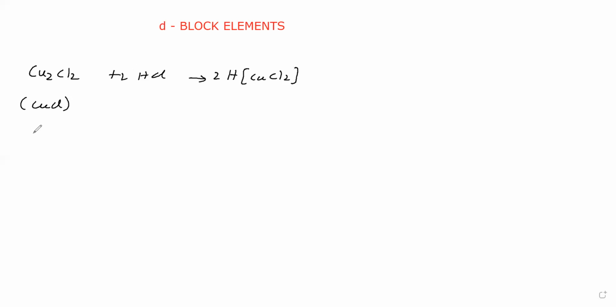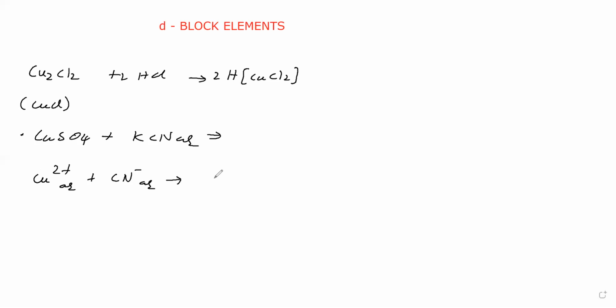Then we will take copper sulfate. To this we will add a KCN solution. What will happen? We are taking copper sulfate solution. To that solution we have added KCN. What is happening? We will see. The cupric ion with the cyanide